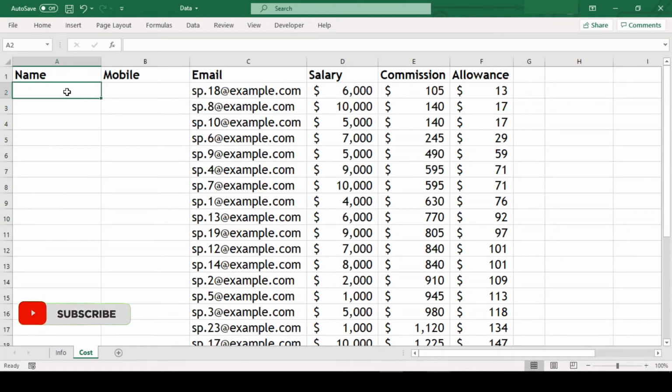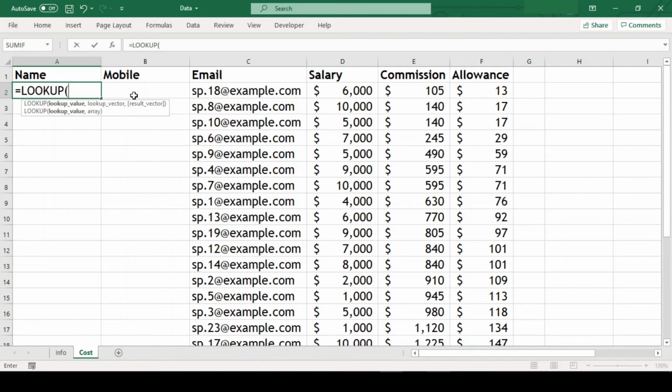Our formula goes like equal to LOOKUP open parenthesis. Now you can see here there are two options in which we can feed the arguments. The first option requires 3 arguments. First argument is the lookup value. This is the value which we are looking for. Second is the lookup vector, which is the range of cells where we want to search our lookup value. And the third argument is the result vector, which is the range of cells from which the function will have to return the result. We will come to the second option of the formula in a while. First let us use the option we learned right now.